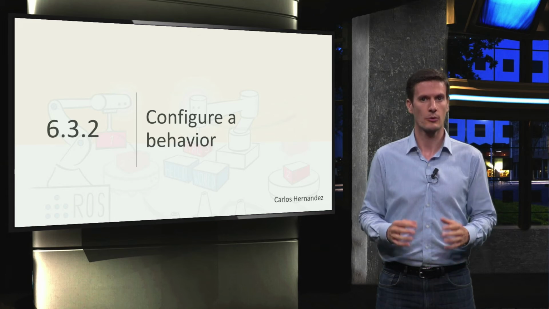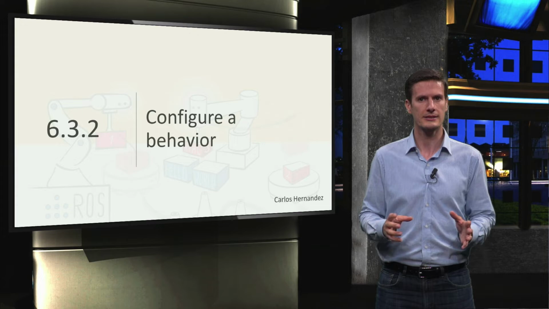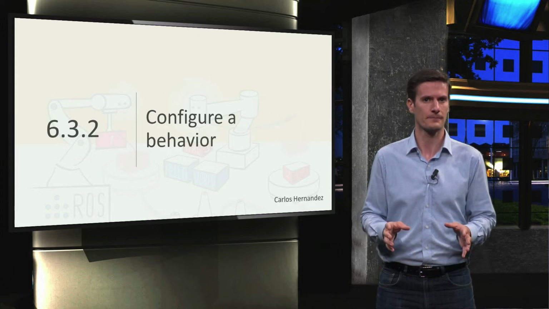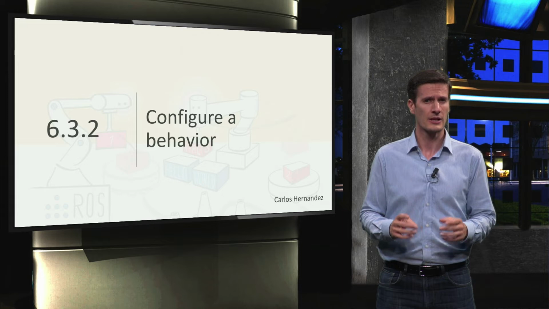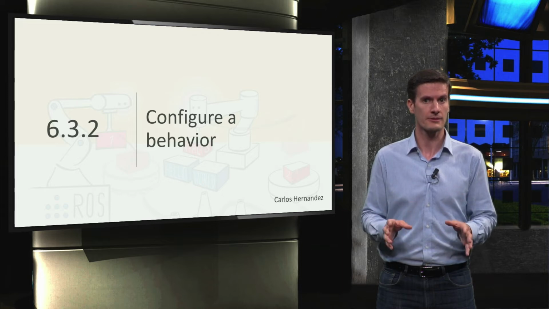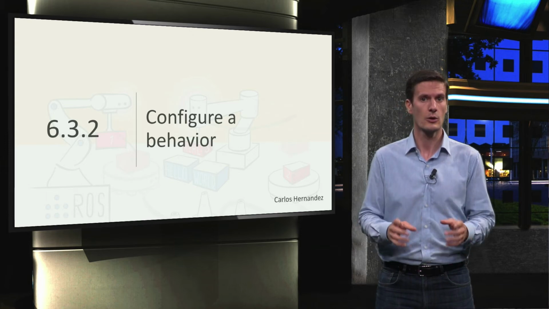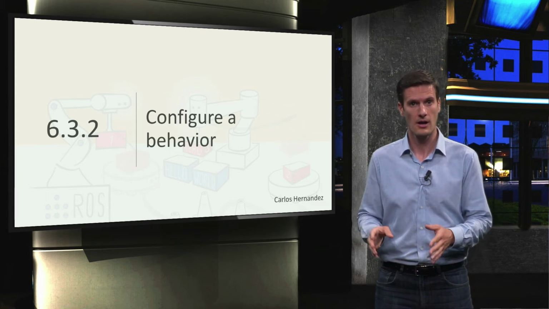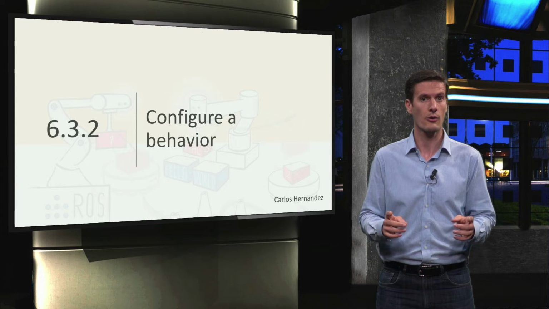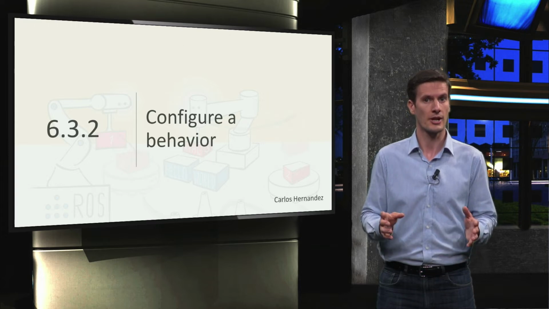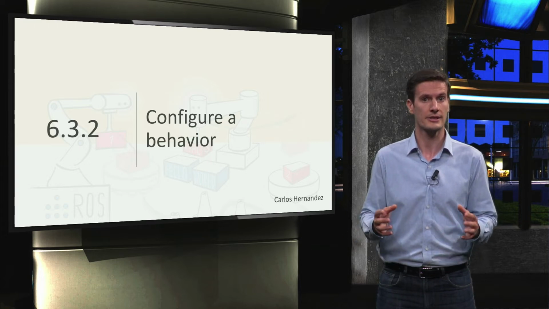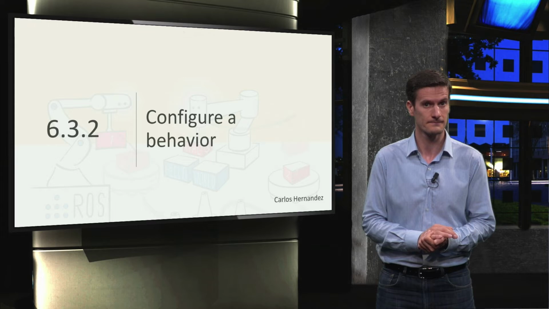In the previous unit, we got familiar with FlexV and its user interface, and how we can easily start designing a behavior by drag and dropping states in the state machine editor. However, to completely implement a behavior with FlexV, we need to configure its different states for our particular application. In this unit, we will learn step by step how to define the data for our FlexV behavior, so that it can be used later to configure the states in its state machine.